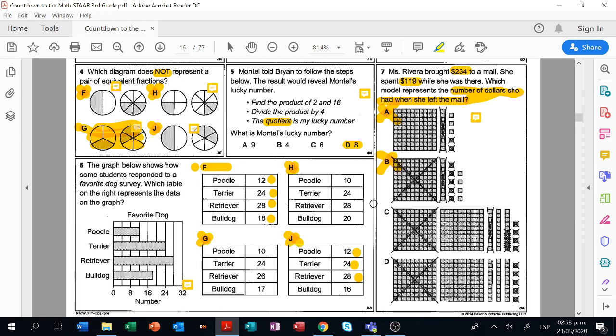Now let's move to letter C. It seems like letter C and letter D, they can be a good option because I can see a bigger number right here. Let's see, this is 100, 200, 210, 230, 20, 30, 31, 32, 33, and 34. 234. So this might be a good option, but now let's check if it also has 119 crossed out, because